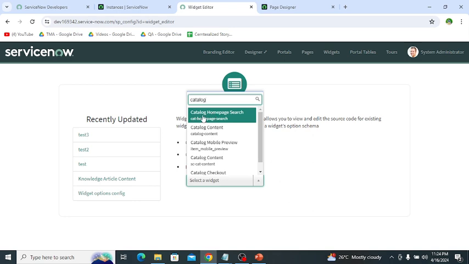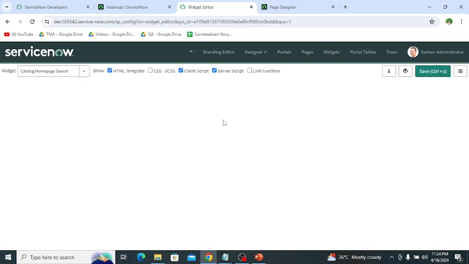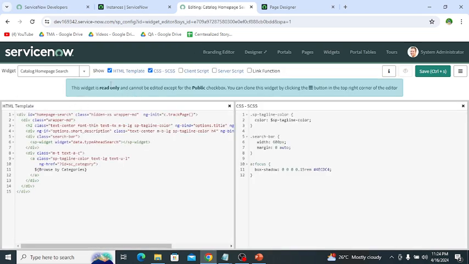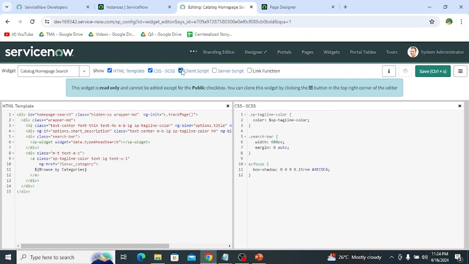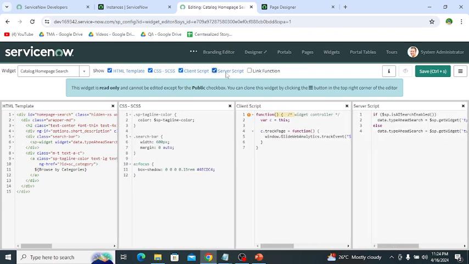You can see that these are the widgets like catalog homepage search, catalog content, catalog mobile preview, catalog content. So these are the catalog widgets. If we select the catalog homepage widget, then you can see the HTML of this, then CSS, also client script, then server script. So these are the catalog widgets.